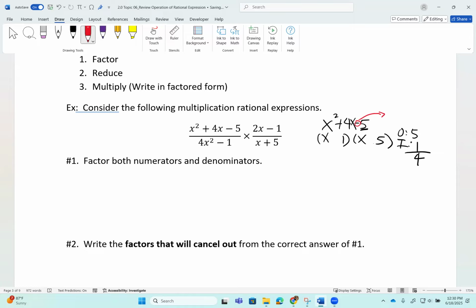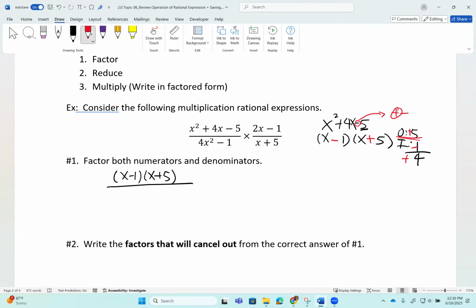All right, so when the last sign is a negative, the two signs in the parentheses are one positive, one negative. Since my middle term is a positive 4, I gotta give the positive to the bigger of the two, inner and outer, because I need more positive than negative to subtract to end up with a positive 4. So as you can see, the outer needs to be a positive 5, by 1 times positive 5. So this is negative. Okay, I'm gonna keep my fraction, okay? x minus 1 times x plus 5 over